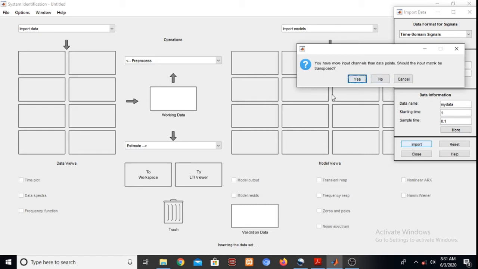So it says that you have more input channels than data points, should the input matrix be transposed? Because our data is available row wise, we want it column wise. Okay, so we have to transpose the given matrix. So we'll say yes, and we'll say yes for the output also.